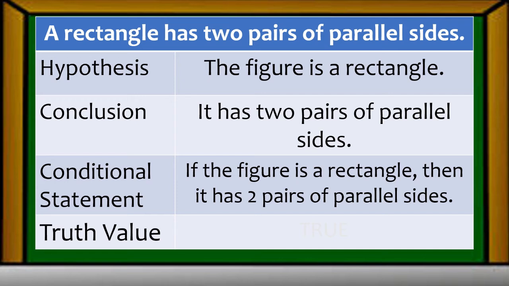How about its truth value? For this conditional to have a truth value of true, hypothesis and conclusion should be true first. The hypothesis, the figure is a rectangle, is a true statement, while the conclusion, it has two pairs of parallel sides, is also a true statement. Therefore, we can say that the truth value for this conditional is